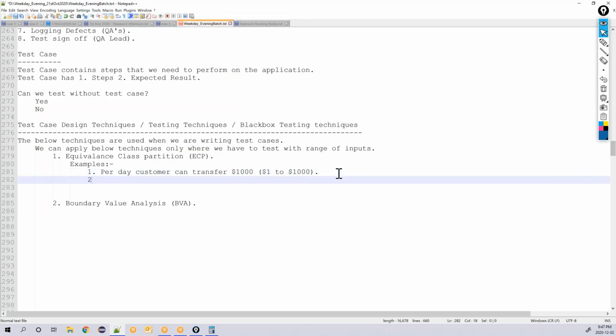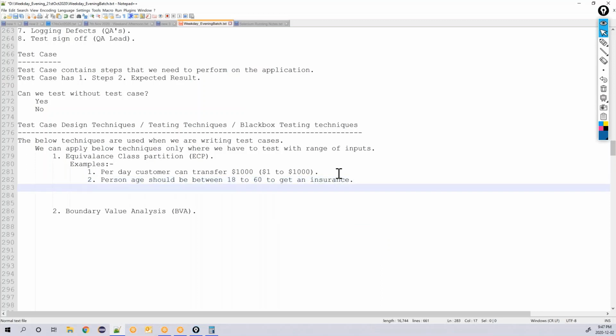Second is, person age should be between 18 to 60 to get an insurance. So here we can apply.